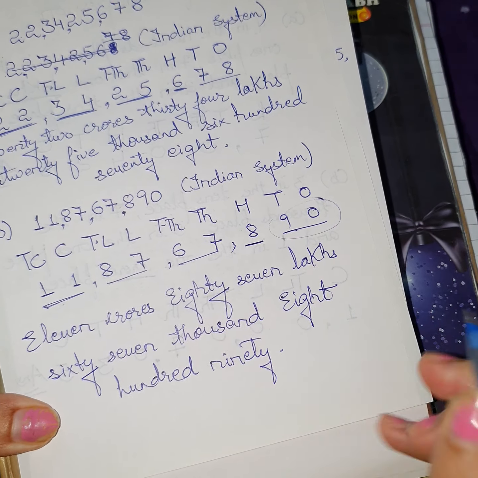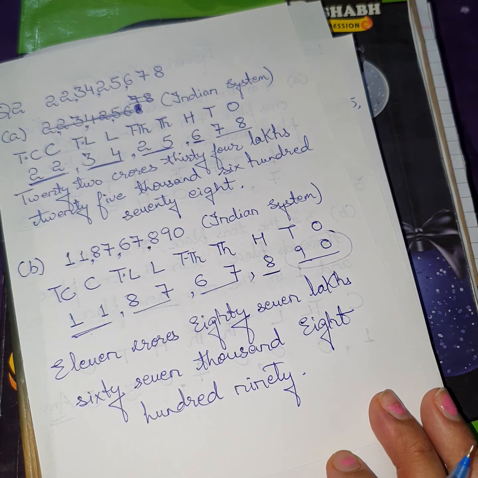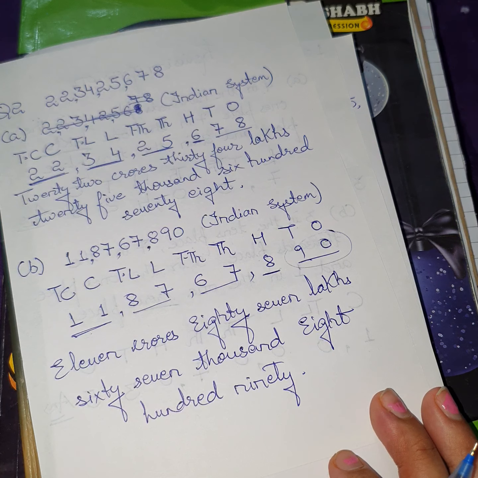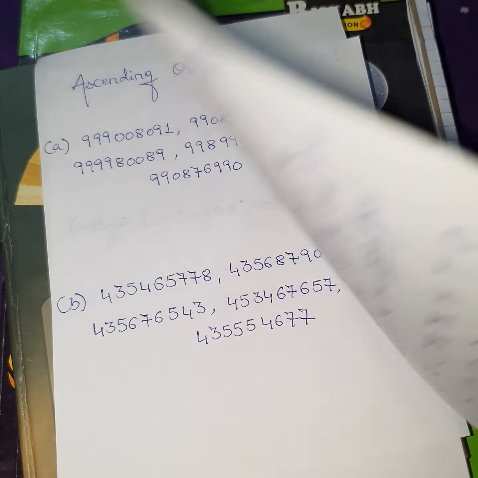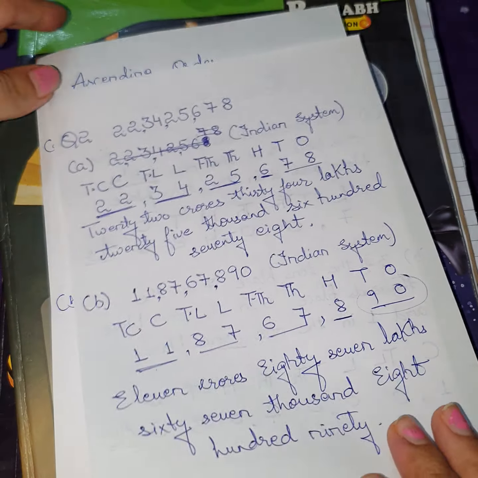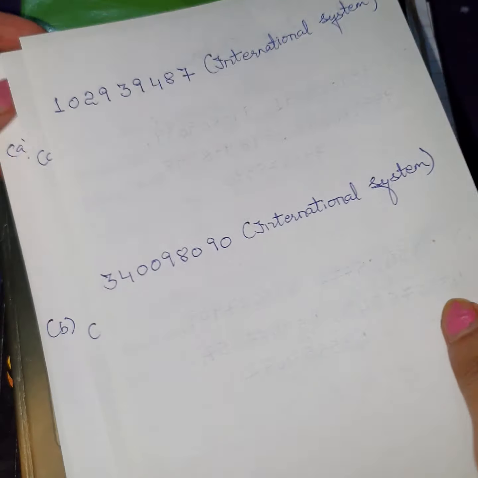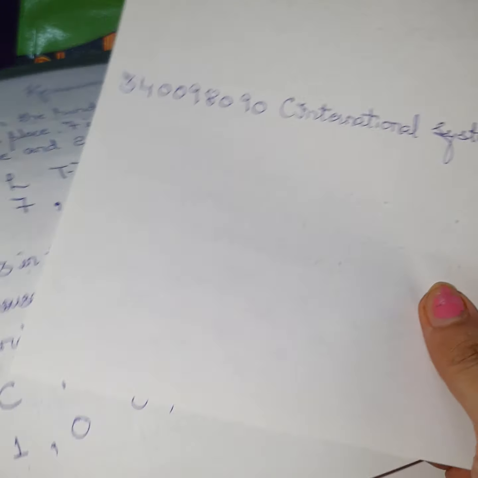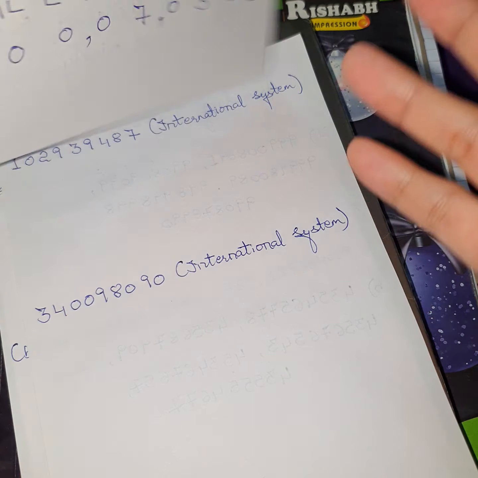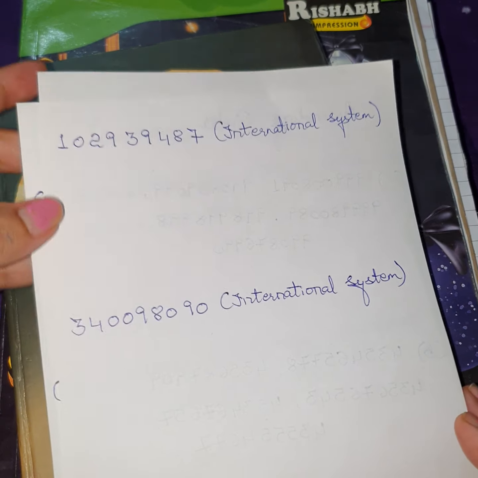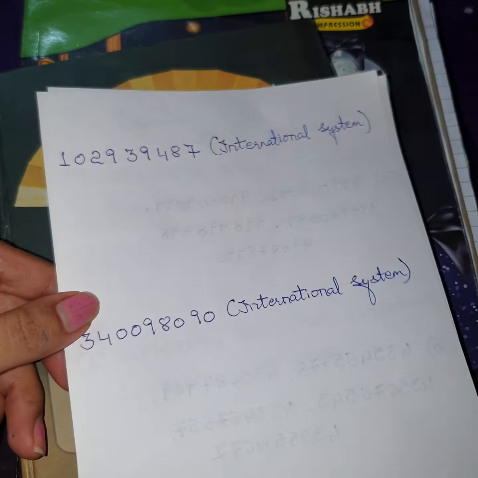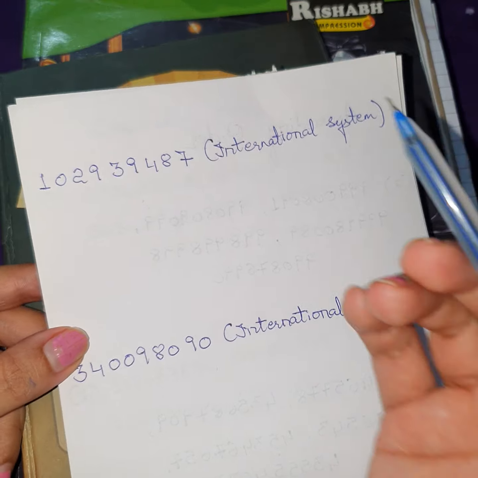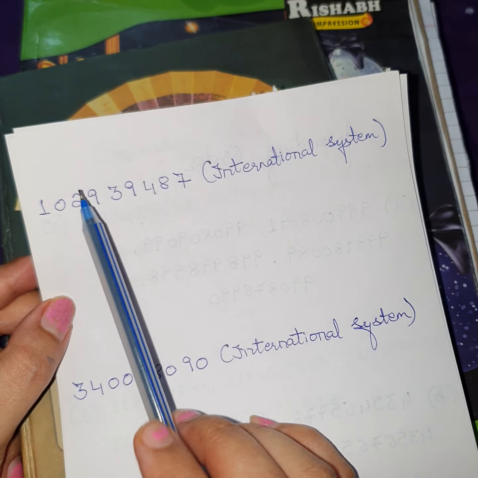So like this, you will be writing your second number name. 11 crore 87 lakh 67,890. Fine. So this was your B part, and then your C part. In your C part, you have to write the number name as per the international number system. The number is